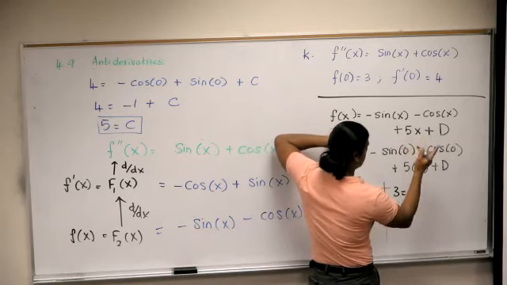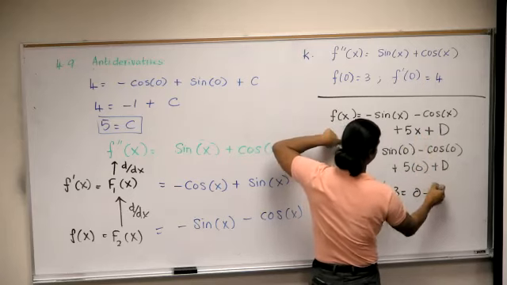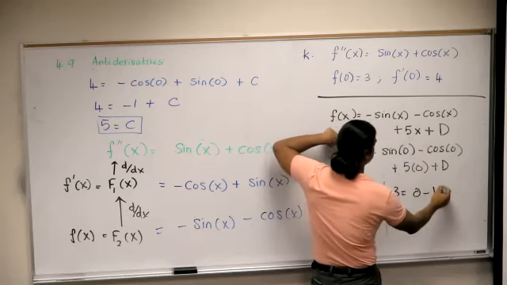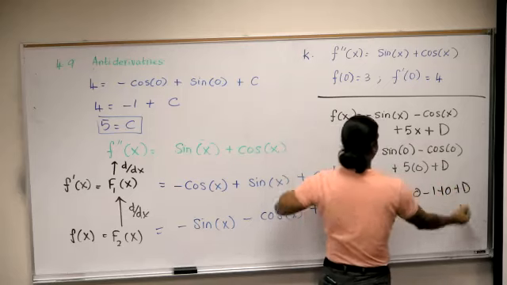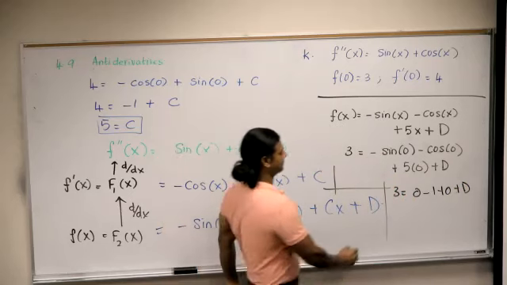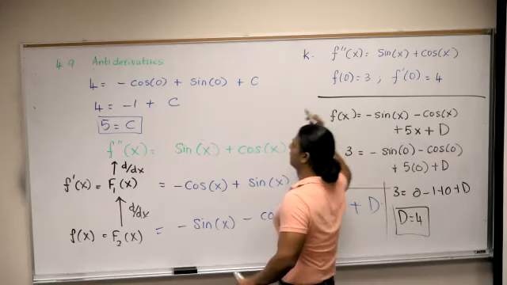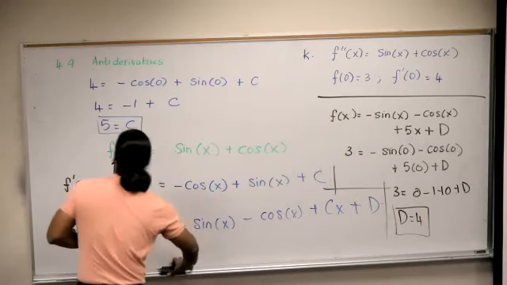What is cosine 0? 1, and then there's a negative. Negative 1 plus 0 plus d. What is the value of d? 4. Here we go. So our original function